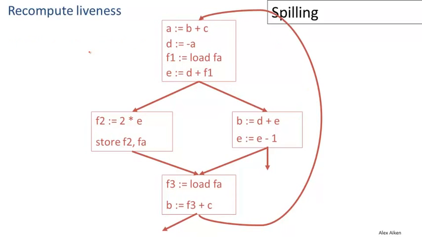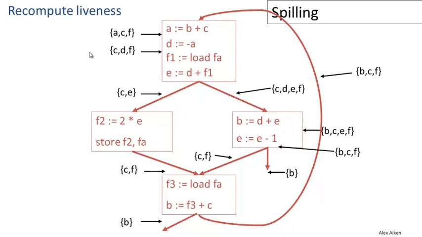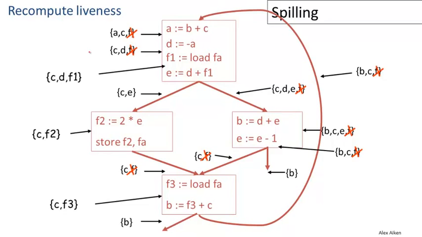And now we have to recompute the liveness of f. And so what happens there? Well, here's the original liveness information from which we computed the register interference graph. Okay, and now notice that f is gone. We no longer use f in the program, so we can delete all the places where we mentioned that f was live. And now we have the three new names, f1, f2, and f3,